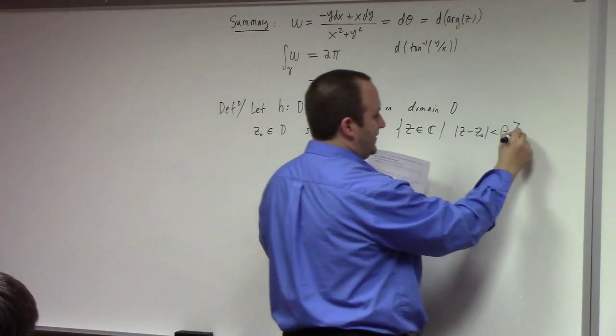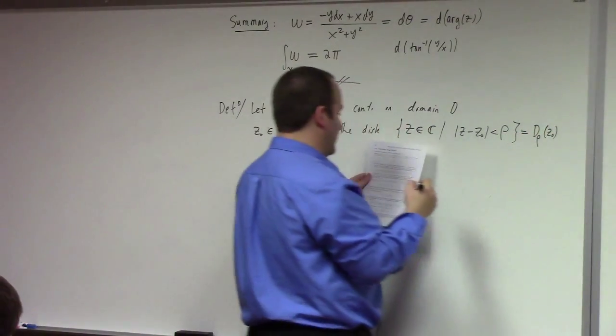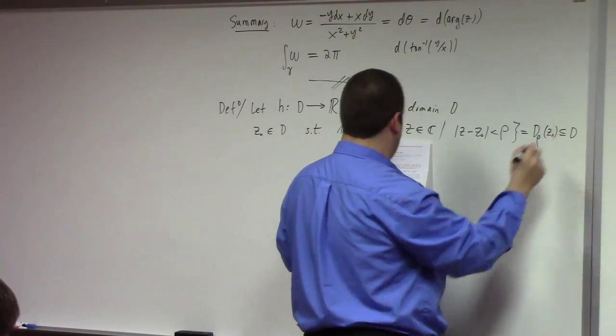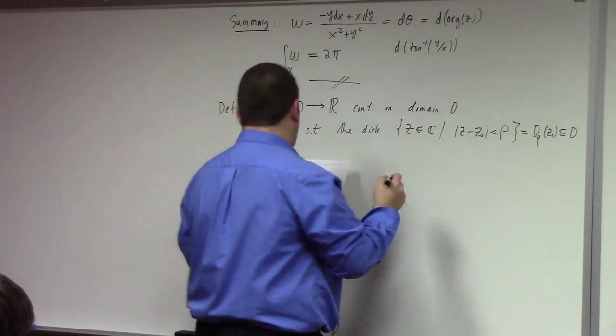In other words, this, by the way, is the disk of radius rho centered at z naught in my usual notation. That's a subset of D. Then